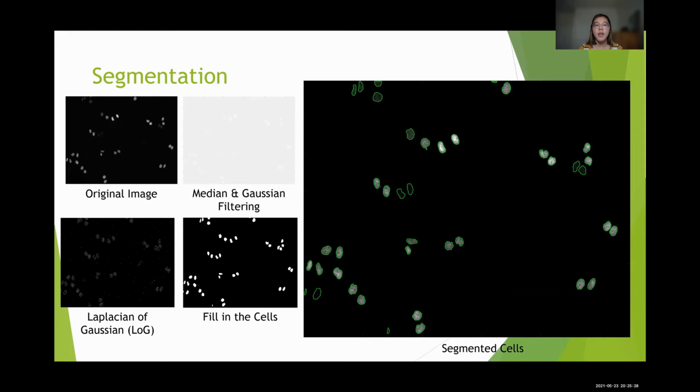In the upper left-hand side, you have the original image for reference. This was taken at time 0, and then pre-processing was applied. I used median and Gaussian filtering to help separate the foreground from the background. After that, I used Laplacian of Gaussian filtering, or LoG, and this is where my method and the KIT GE